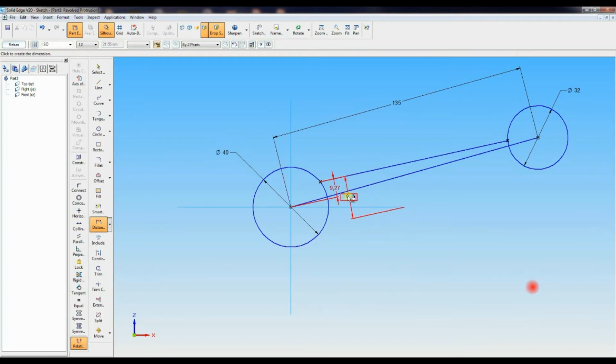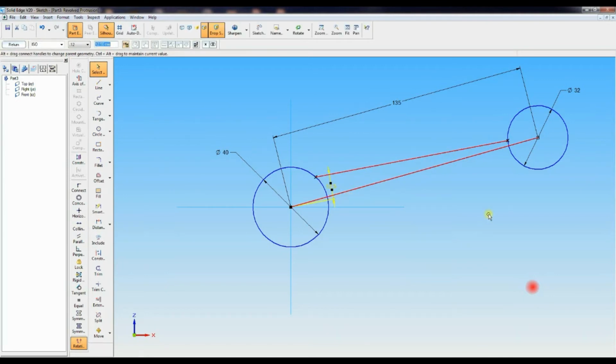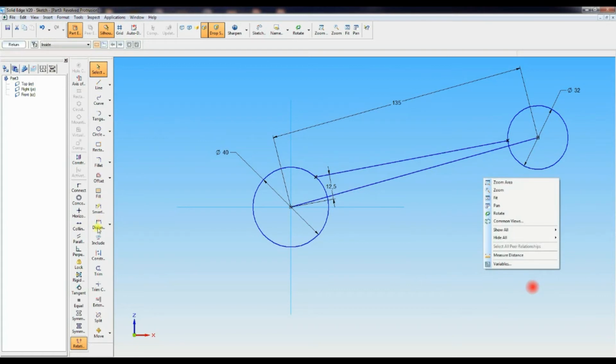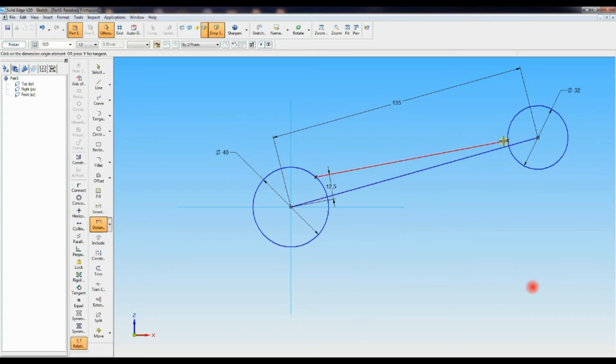And for the other, the distance from that point to that point, you have to get half of 12, which is 6 mm.